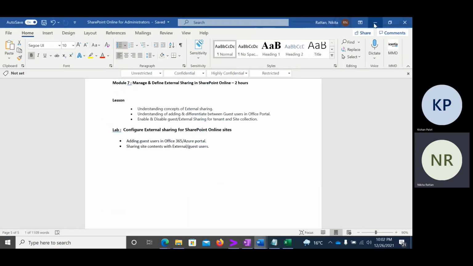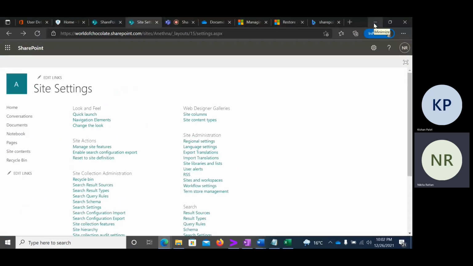See, Kishan, I'm pretty sure you must have found by now that there are a lot of things which even I am not sure about, right? The only process which I follow, because I follow it in my professional life also, as I said in the first class, is that Microsoft is a vast product. Like the audit, I wanted to complete the audit logs today, and I had this understanding in my mind that it would be in information governance only, but it's not there. It has been upgraded. Microsoft has come up with